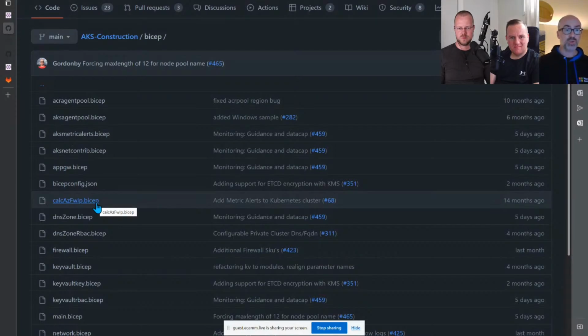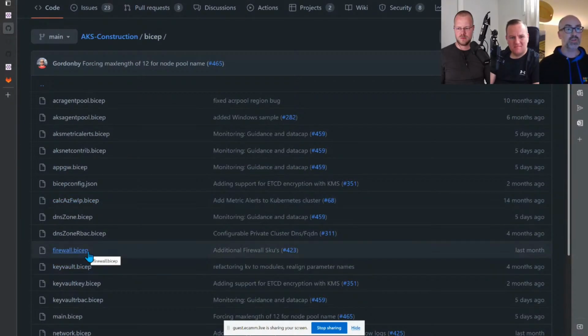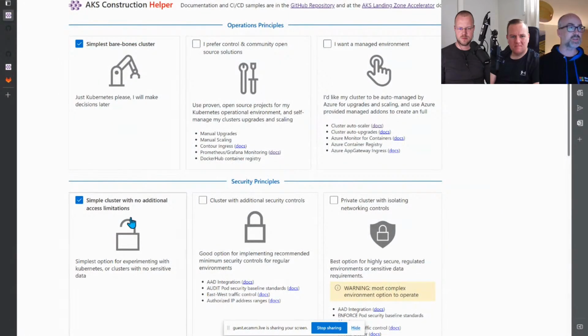But every parameter that you take in can vary the behavior of what gets called. So you see down here, we've got a firewall module. So we're installing Azure Firewall. We're putting in user-defined routes that are directing all the traffic to leave via the firewall. We're doing all the config in bicep. But back here, if you want a simple cluster, you're not going to end up with a firewall. It's all being conditionally called based on the decisions.